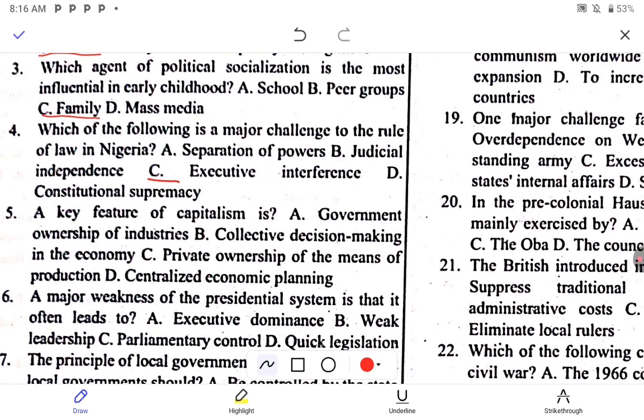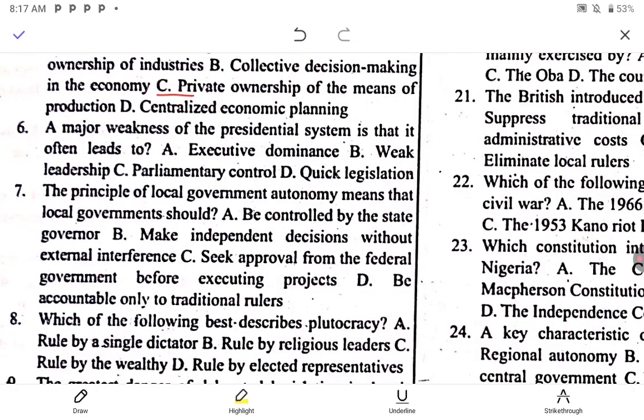The correct option to question five is option C. So let's move to question six. The correct option to question 6 is option A.